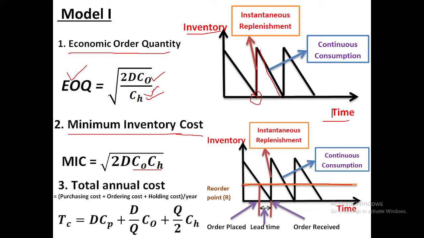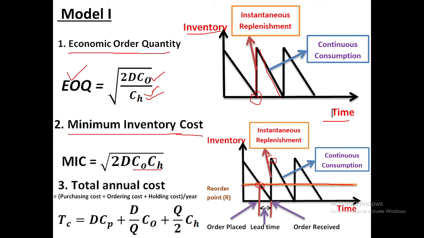Now, suppose a reorder point. Draw the one point line. In this, there is continuous consumption. If the consumption reaches this point, the company is ready to place the order. Up to this point, the order is received. Then one bulk purchase of goods, raw materials, happens one time, so automatically the inventory increases to this maximum point.